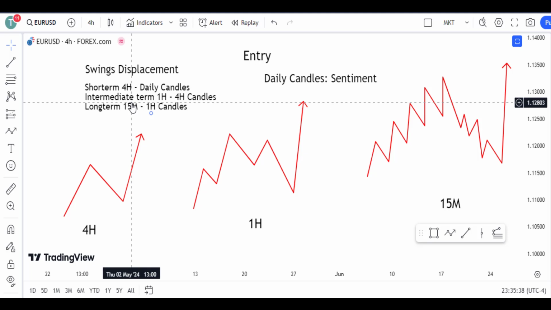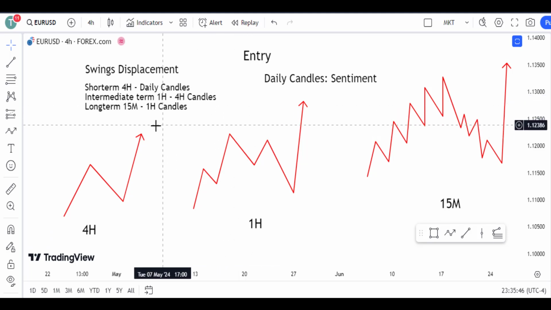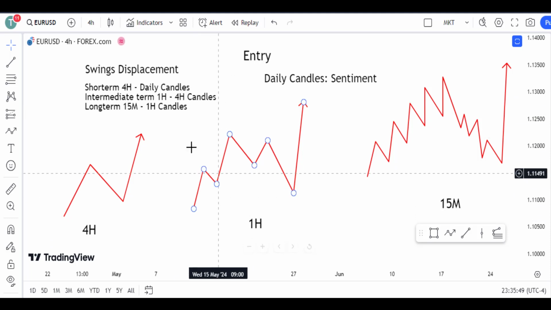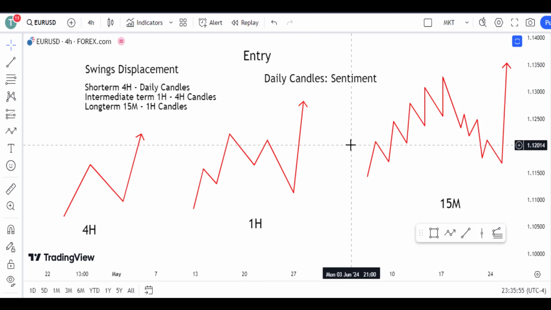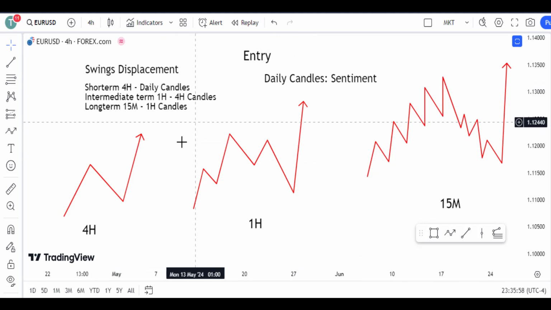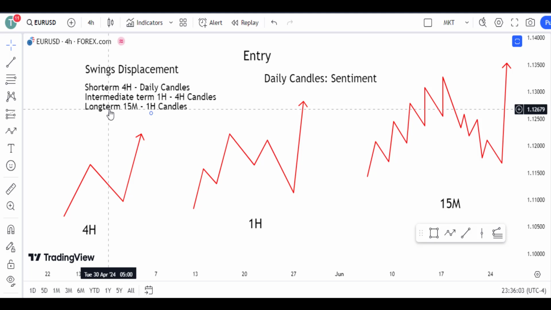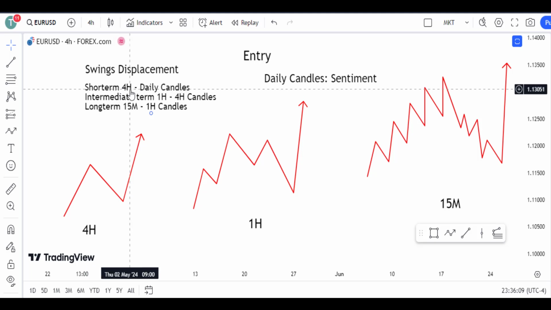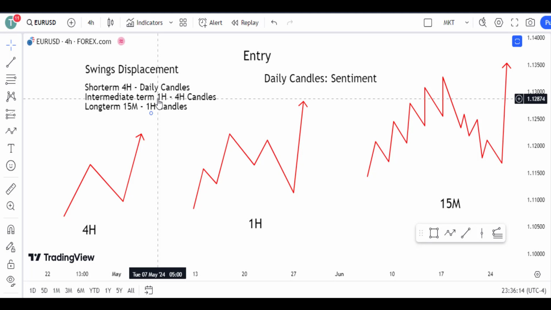First of all, these swing displacements have what is called the daily candlestick sentiment in the market. If any trader is looking for a way to buy in the market, all you have to do is look for a daily candlestick sentiment in the market. This daily candlestick sentiment is either short-term, intermediate term, or long-term market structure. Most people are not aware that the short-term highs and lows in the market on the 4 hour represent the SMC on the 1 hour. This is shocking to you guys now, because